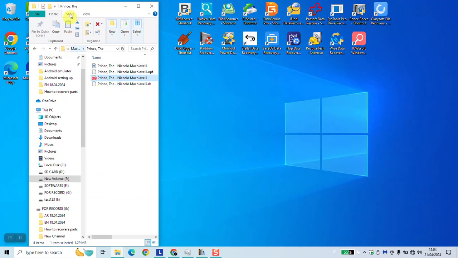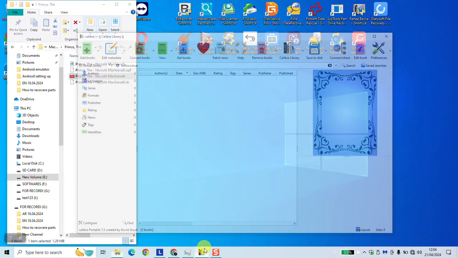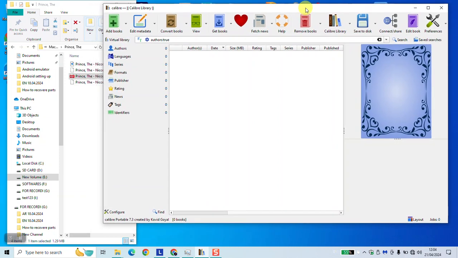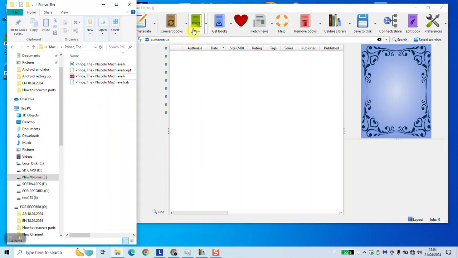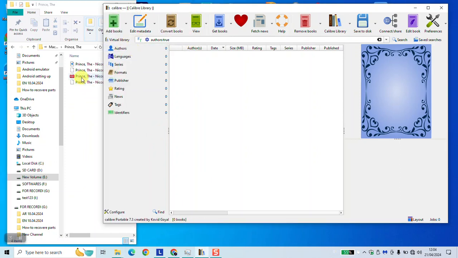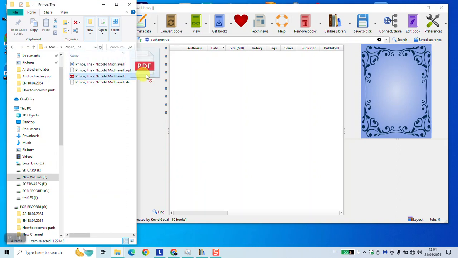Second step, you want to download and install this little software called Calibre. You will find it, just type in Google download Calibre and you'll be able to locate the official website. As a next step, you want to open the software as usual and click on your PDF file and drag